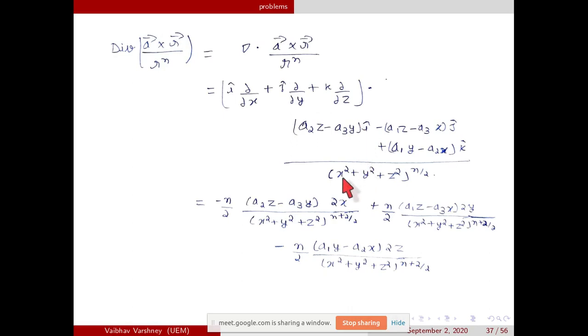Sir, what is (x square plus y square plus z square) to the power (n plus 2) by 2? Yeah, n plus 2 by 2 is over the whole, I forgot to put the bracket. You got it? Okay. So is it clear to all now how I got the first term? Because all three terms are the same, only the difference is in x, y, z. So if one term is clear, then the next two terms are definitely clear. Just tell me if you have any problem in the first term.